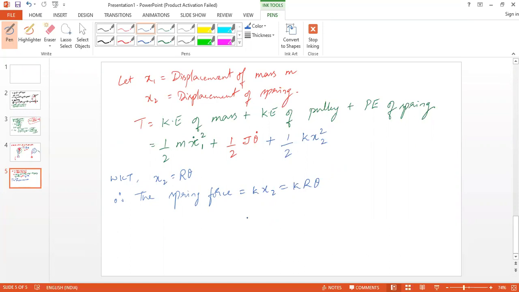This is not required here. So therefore P is equal to half